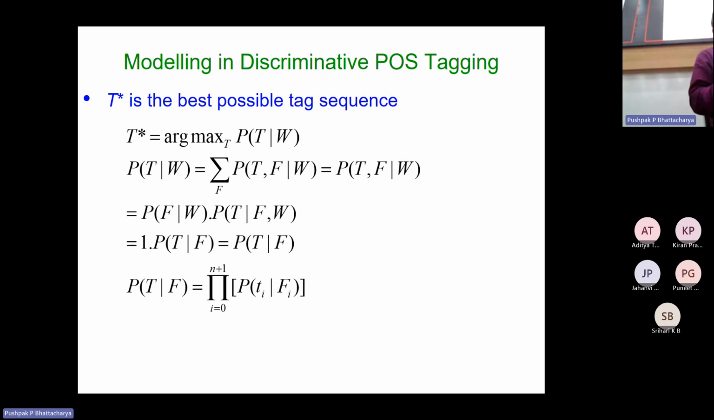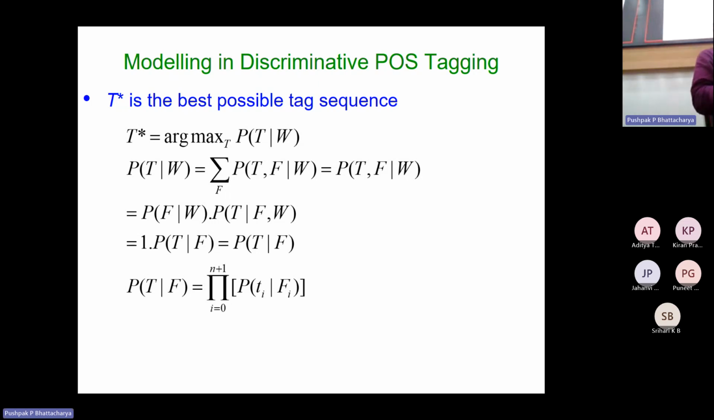Sigma f, probability of T comma f given W. In a subsequent slide, we clarify what the assumptions are. Now this formulation is very different from what we saw. There is a generative modeling: probability of T into probability of W given T. This is very different. So what is happening here is that we ultimately have the probability of T given W